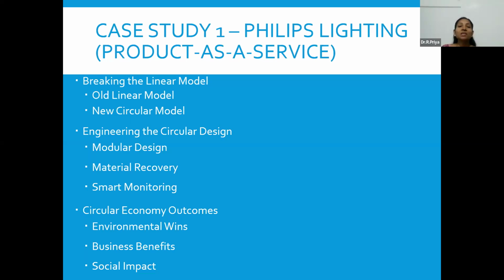The first one is breaking the linear model. Philips Lighting revolutionized the lighting industry by shifting from selling bulbs to selling light, light as a service. Why does this matter? Because in the old linear model, customers buy bulbs, use them, throw them away, then buy new ones, right? That is the old linear model. Here the result is